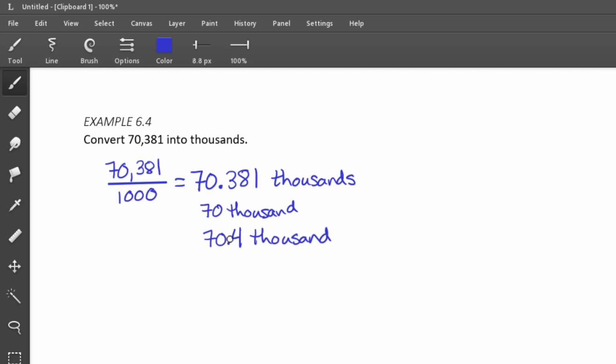How did I get that? The 8 in the decimal place following the 3 is 5 or more, so I add 1 to the 3 and get 4, 70.4 thousand. Or it could be 70.38 thousand. So depending on what you're doing with the number, you might round it any of those ways.